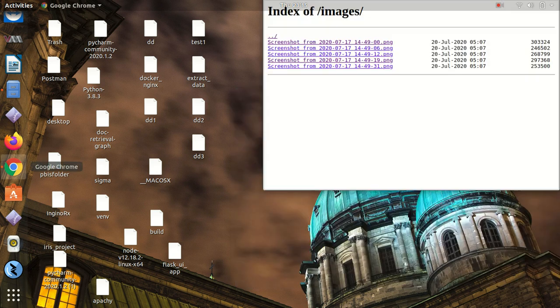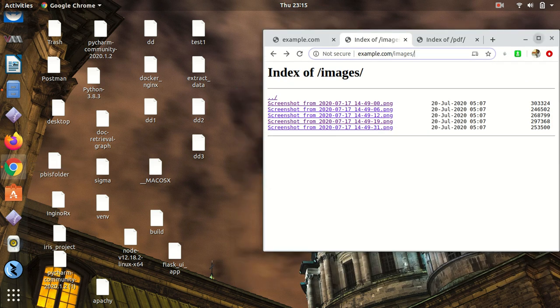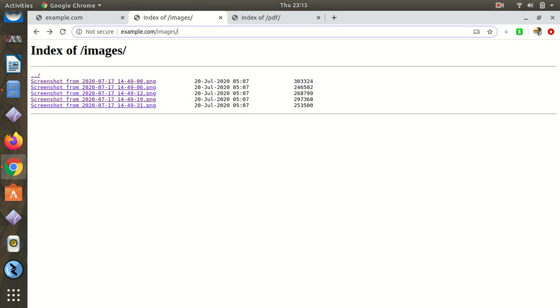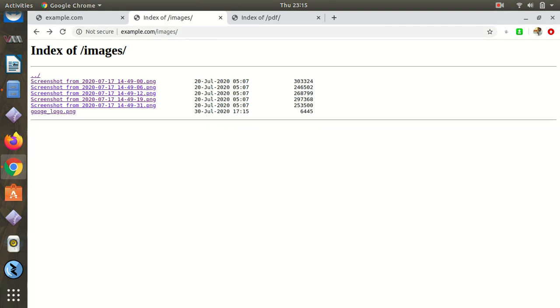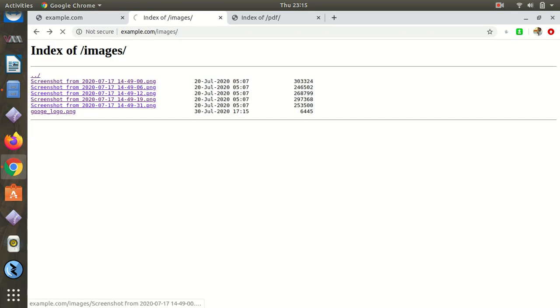So my aim is, if we add anything in that folder, I can see that directly in the URL by just refreshing it. Yeah, that Google logo is here. You can see, all the folder is in the URL. All the content of that folder we can see in this URL.